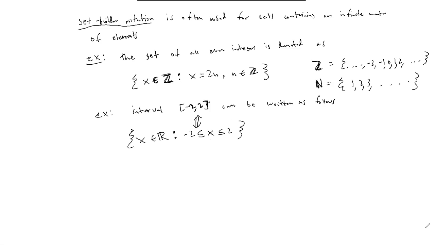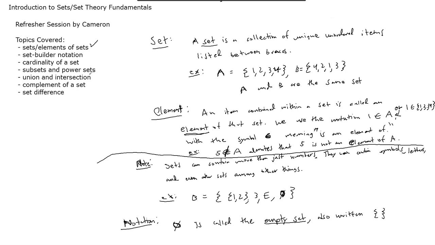Okay, the next topic that we'll glance over now, so that was just one way that sets are often used. We're going to talk about the cardinality of a set. The cardinality of a set is the number of elements in that set. This is most commonly used when you're talking about sets of finite length, although technically you can have a set of infinite length. Its cardinality is infinity, but